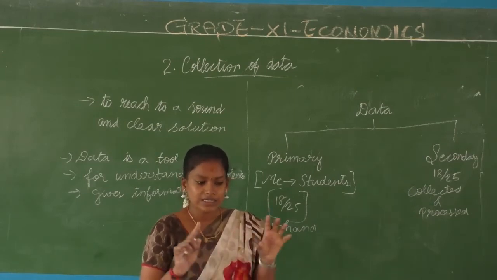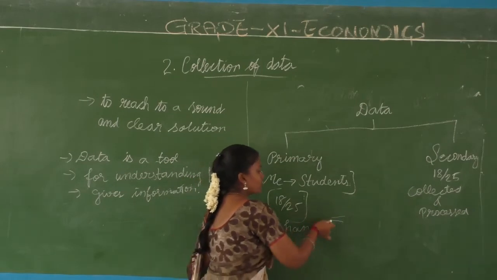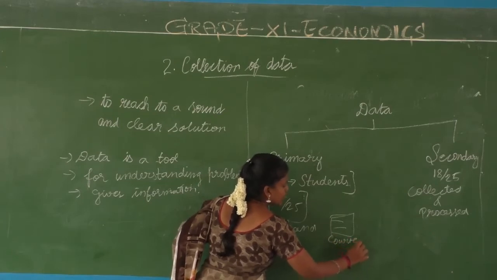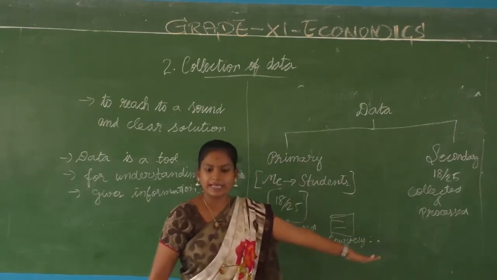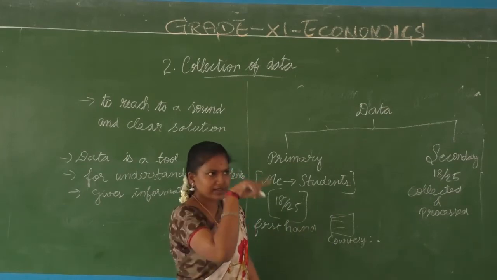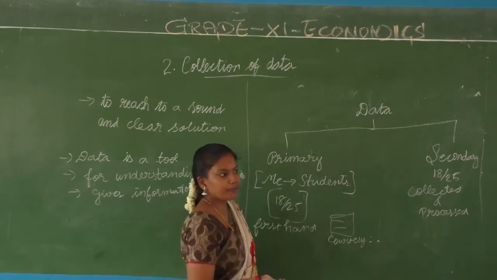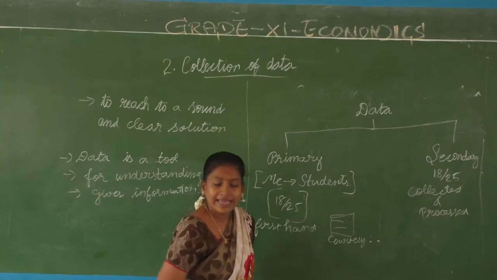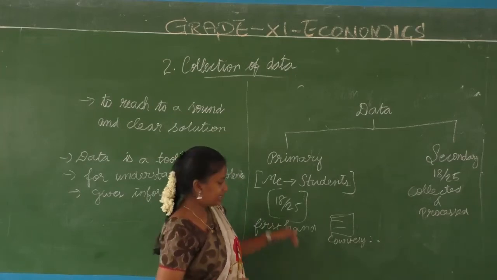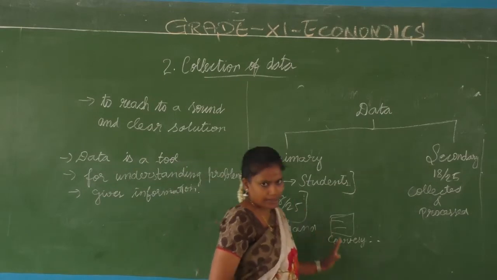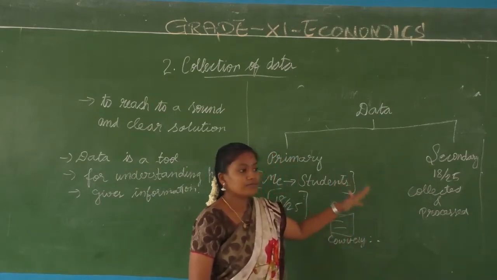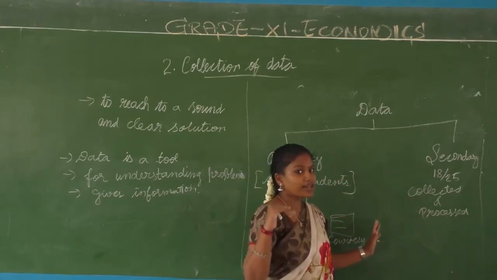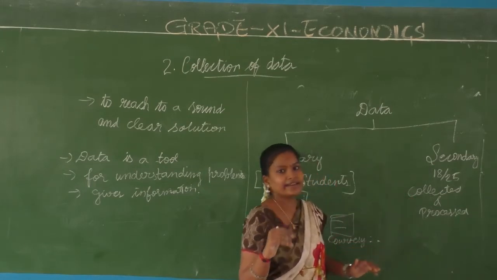In some cases, have you seen just below the tabular column, they write courtesy of a particular website? Even in your business studies books, in example columns about Wipro or HCL, they write the website HTTPS. That is secondary data. If you collect it directly, first-hand information, it is called primary data. Whereas if you are taking it from some other institution that has collected and processed it, then it is called secondary data.